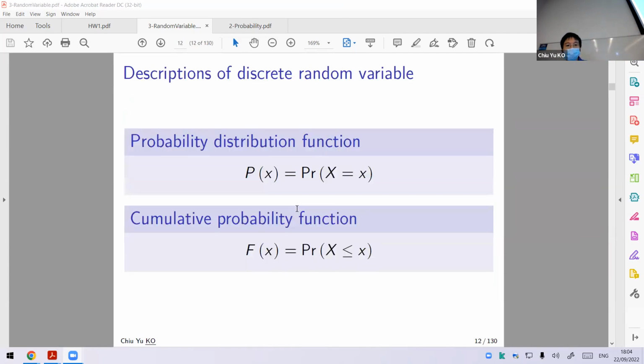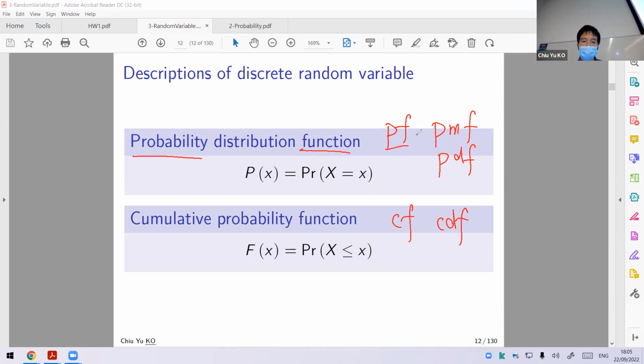So we will use the ideas of the probability distribution and the cumulative probability distribution. Sometimes people use shortcuts. This is what we call the PF, or PMF, or sometimes PDF. And this is sometimes called CF or CDF. People are just being lazy with shortcut notation. We will just use big P. This is the probability function. The M in PMF refers to mass, probability mass function, and D is distribution. CF is the cumulative function, or cumulative distribution function, or cumulative probability function, CPF. But anyway,